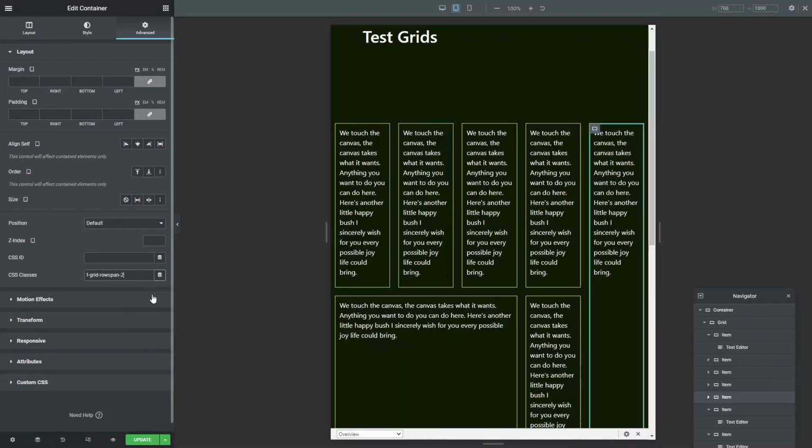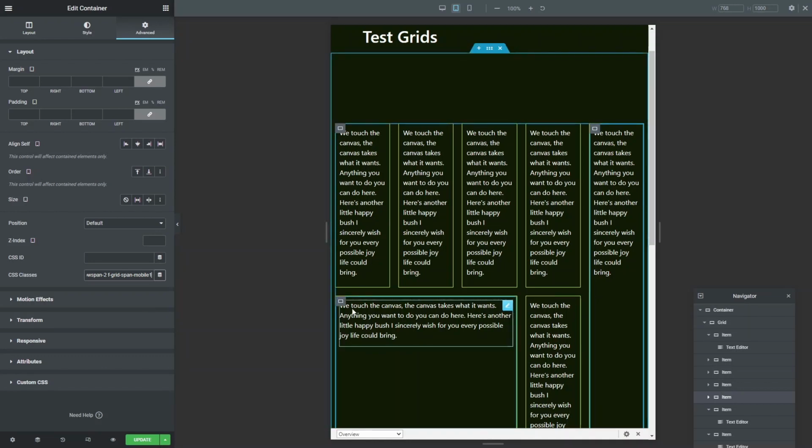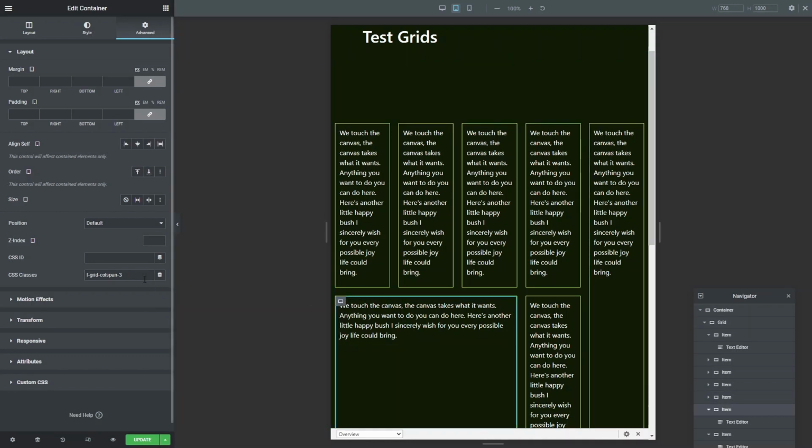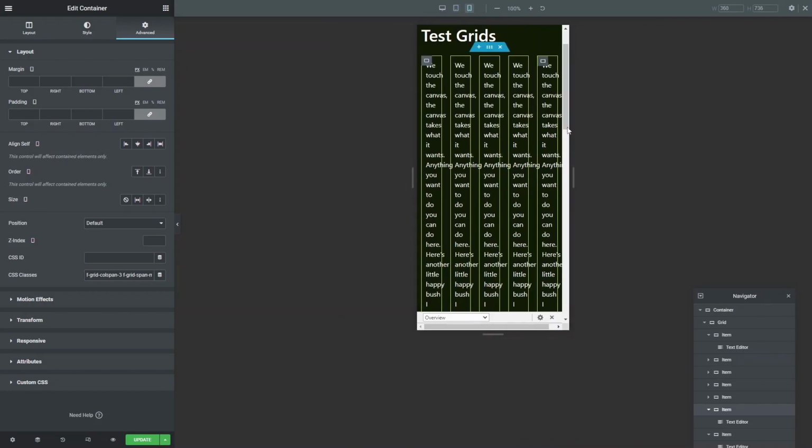If I add that to that span, 1 span on mobile. The other one we did was this one. We say we only want to span 1 on mobile. We need to get this down. I don't know if we can do that in here. I think we have to go to